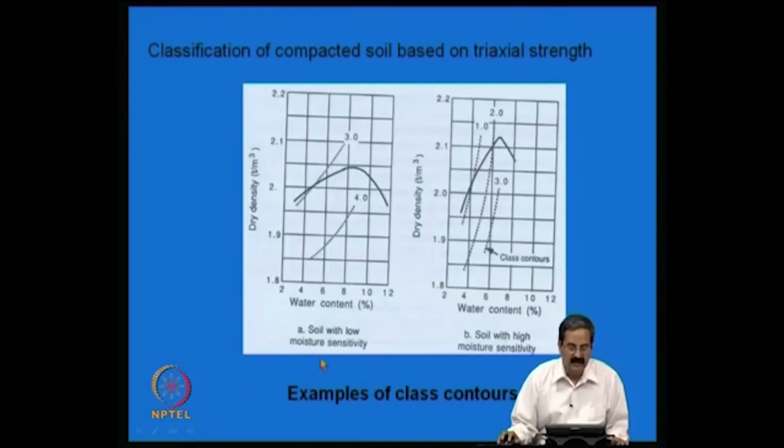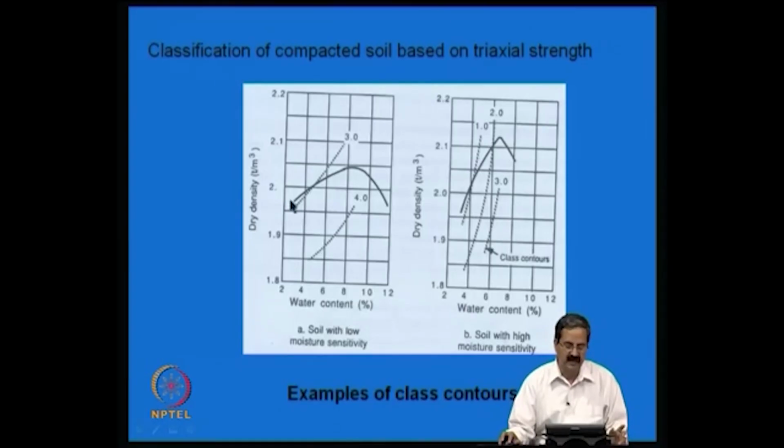In fact, in some places people try to classify soils based on their moisture sensitivity. As I just mentioned in the previous examples, if a particular soil has a lot of tendency for strength variations with water content, we say that it is very sensitive, and we should worry about that type of sensitivity. And in fact, in Australian research, they have classified that in terms of some particular number, and